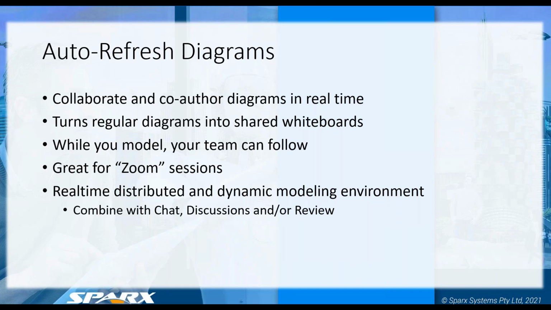However, if you have a scenario where you are on a Zoom session with 30 of your colleagues and you're trying to develop and create a diagram in a collaborative nature, then auto refresh diagrams allows you to do that. So what that allows you to do is to set auto refresh diagrams on, and then the diagram is locked for all users.